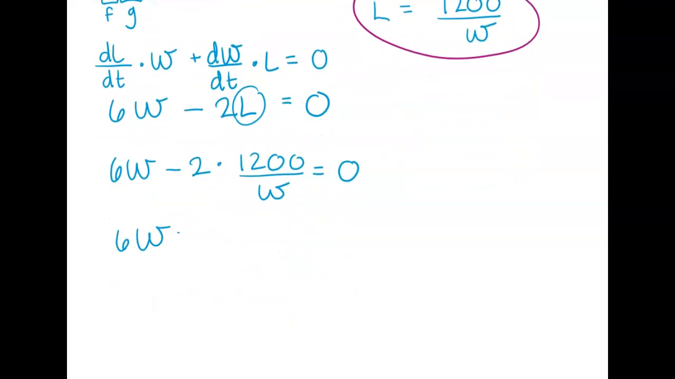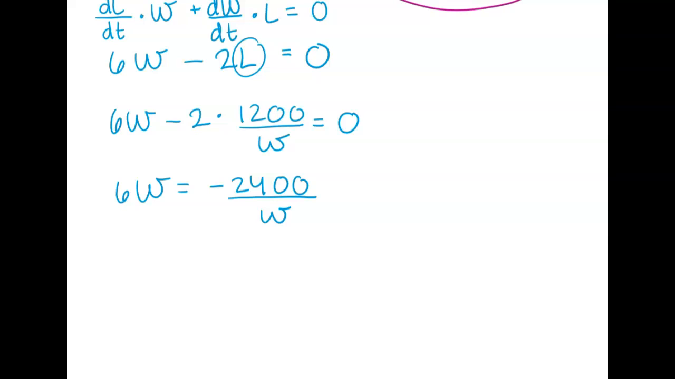So 6W equals, let's see, negative 2 times 1200 over W is negative 2400 over W, okay? And so if that's true, I can multiply by W on each side. So 6W squared equals negative 2400. Divide by 6. W squared